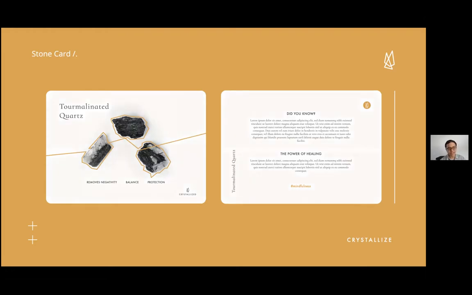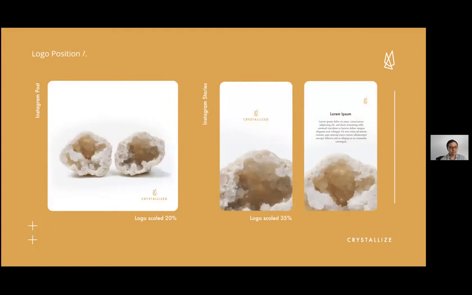And then this is also actually like a guideline if you want to make a post. Like in here, the guideline can be, if you want to put the logo on your post, you should be scaled by 20%, 35%. It's like guidelines. So if people taking care of it, they already know the do and don'ts.